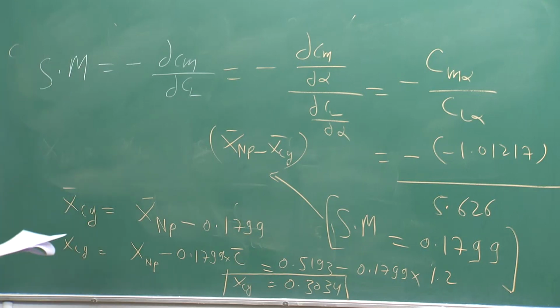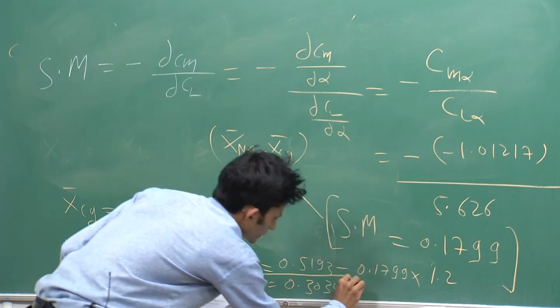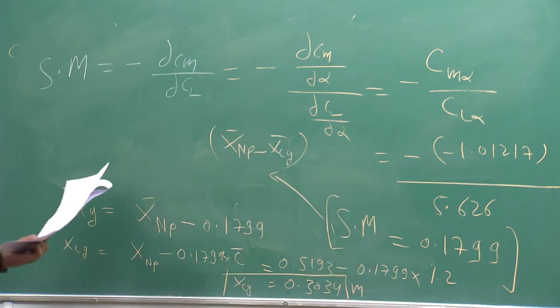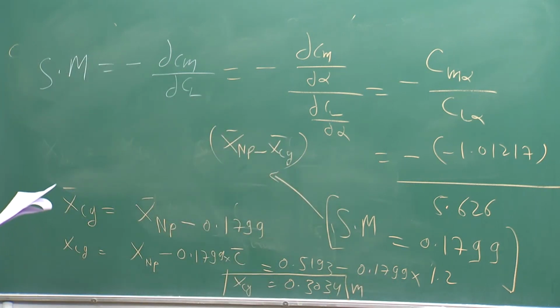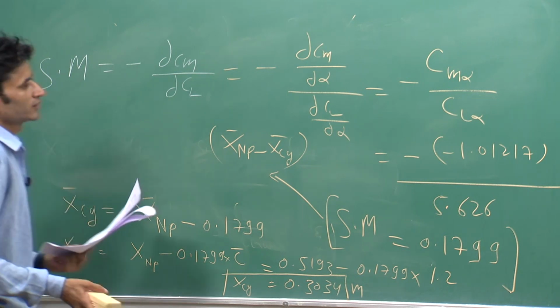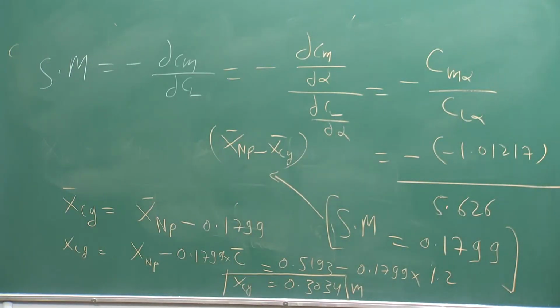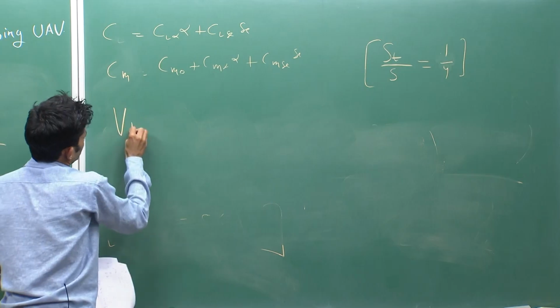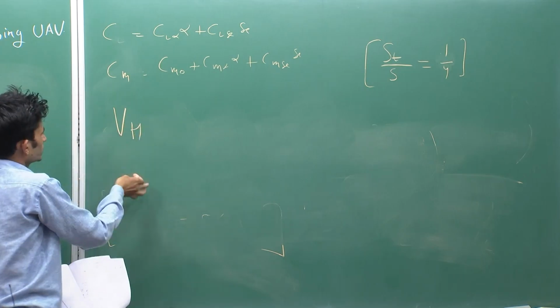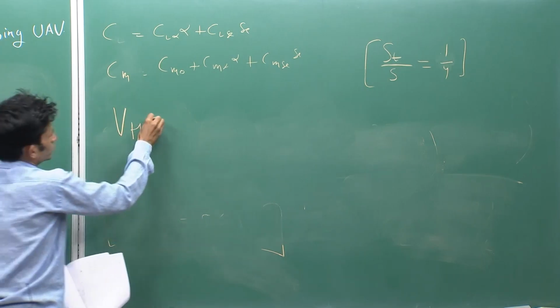So, in the sixth question you have to find the tail volume ratio. Basically, the tail volume ratio tells us how much stability the UAV or aircraft has. See, the tail volume ratio in this case means the horizontal tail volume ratio is